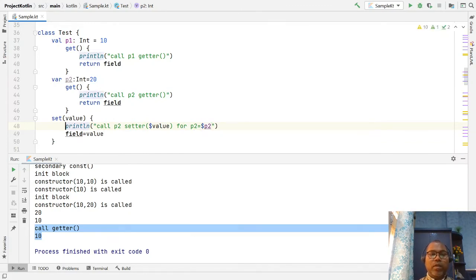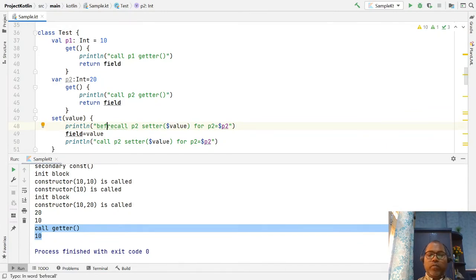Okay, this is after the set. Before and after p2's set, just check your invoke: before, and after.